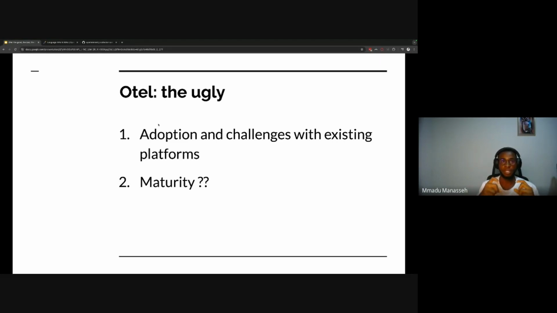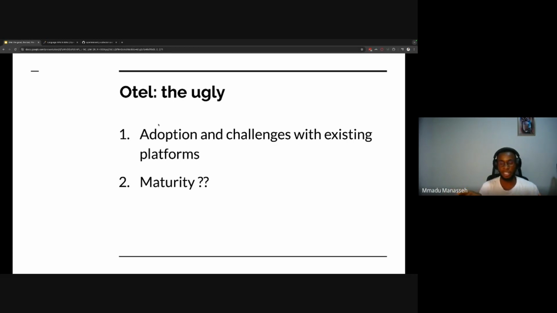What happened was Datadog charges you per host, right? That means if I have 10 systems, Datadog would charge me per system, 10 times whatever the cost of one system is. But with Otel, as you can already guess, Otel uses a single connector. That means all the metrics come to one system, and then the system exports it to the backend, which automatically breaks Datadog's pricing model. And when Datadog realized that this was happening, they implemented a pricing model specifically for people using Otel, and that was very aggressive, right? So it led to a lot of back and forth.